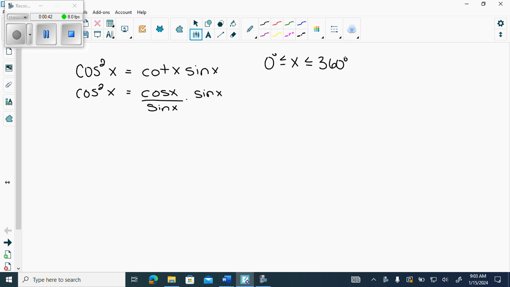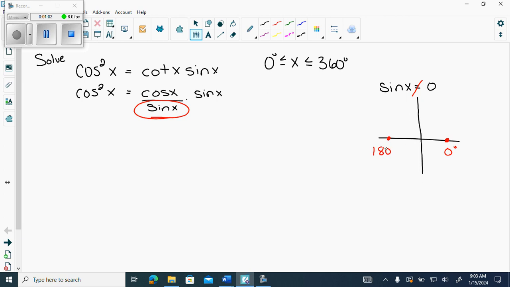And then state NPVs. So we're going to get restrictions for this sine x because it's in the denominator. So I have to find all the spots where sine x equals 0, between 0 and 360, and kick it out because it can't equal 0. So sine is when y equals 0. So it'd be 0,